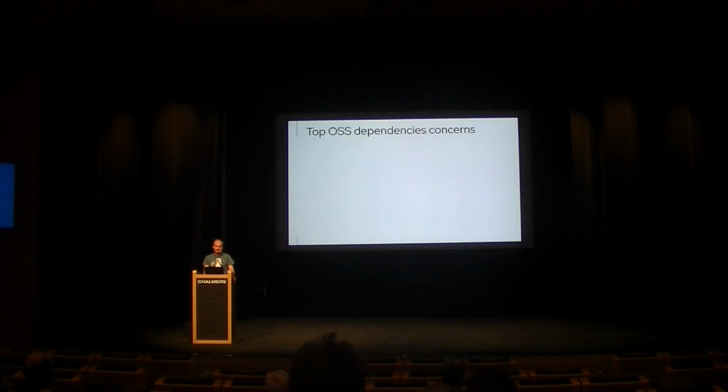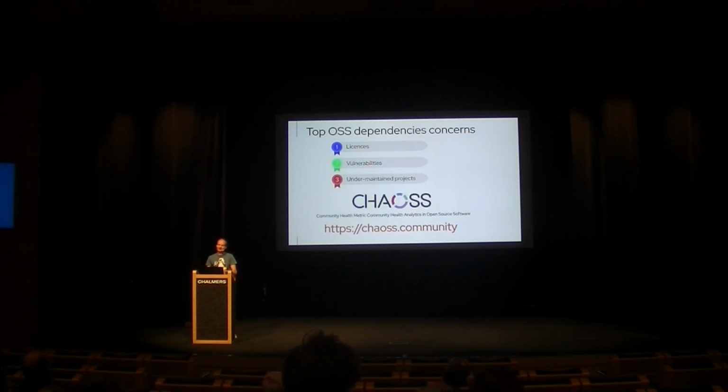And kind of coming back to top open source software dependencies concerns that typically we have, right? At the company's licenses, I mentioned it, vulnerabilities and overall security posture, we talked about that, and other maintenance projects, which is very important, but we don't talk about that, I think, that often, right? And here I wanted to reference CHAOSS, which is also a good open source